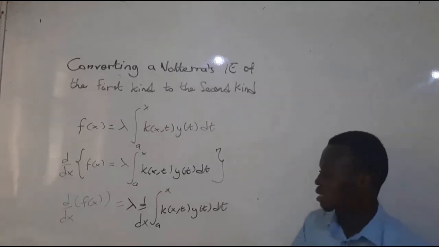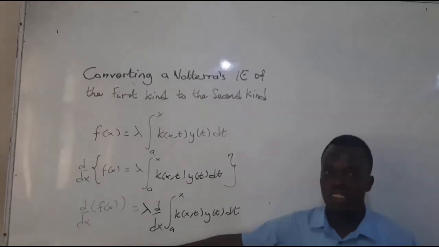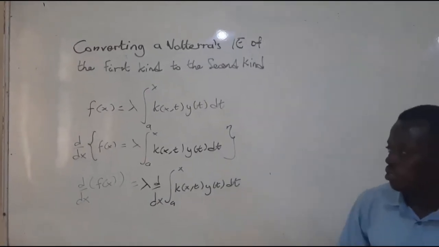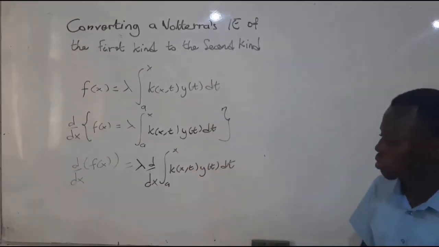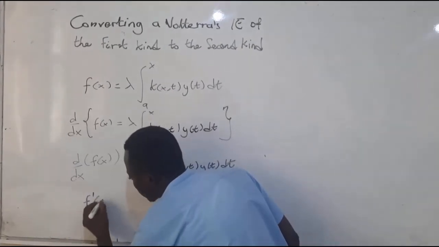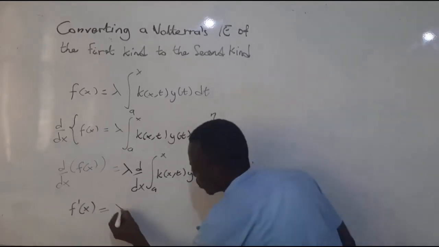You could easily see that we have to apply differentiation under the integral sign as we did in our previous notes. It becomes f prime of s equal to lambda